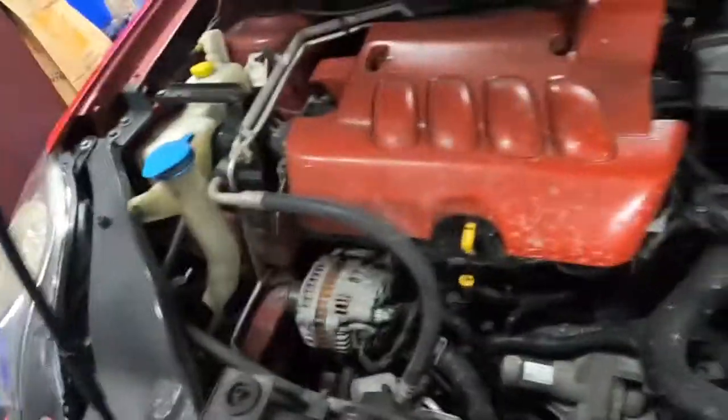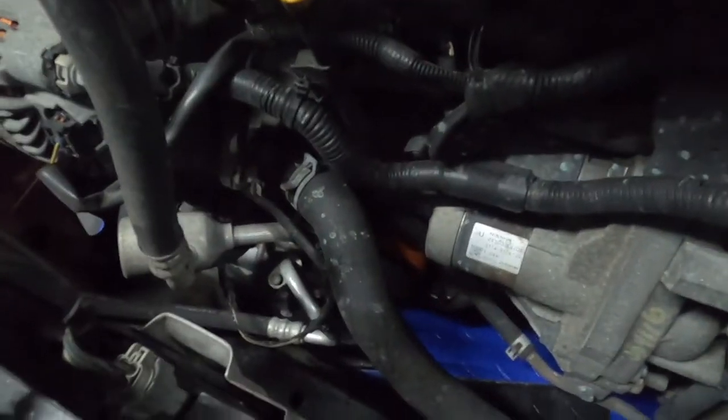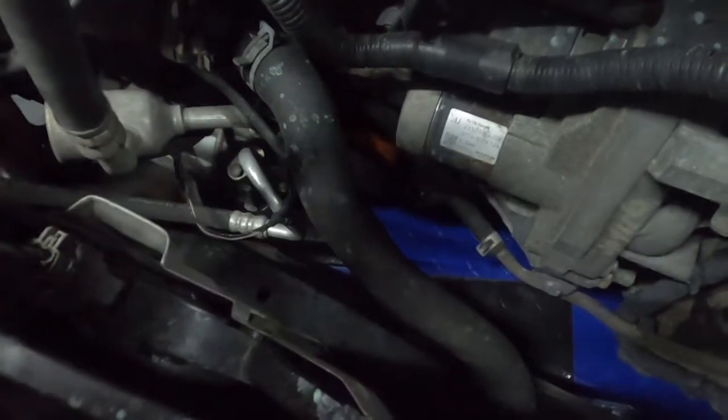It's pretty simple. Most cars are going to be the same. Just depends, your oil filter might be placed in another location, but your nut on the underside is going to be on the oil pan. It's always going to be under there. You just remove that, drain the oil, put everything back on, and then top it off, and you're good to go. So on that note, it took me a little over 20 minutes or so to do the oil change, and that's recording. That takes, you know, a little bit of time, but